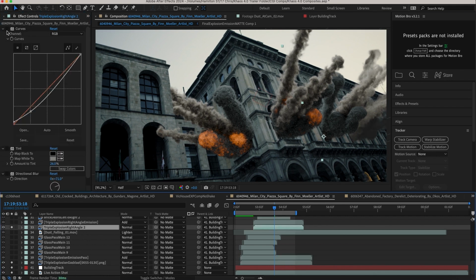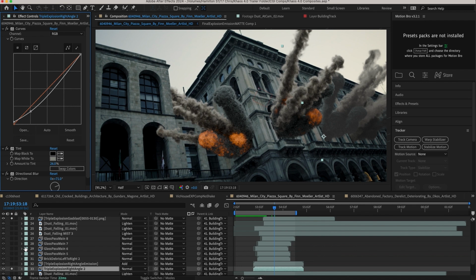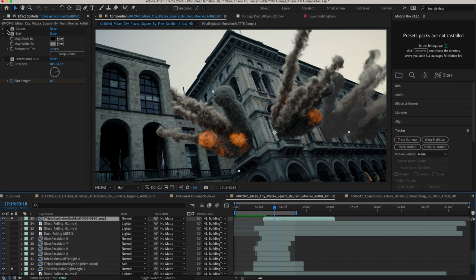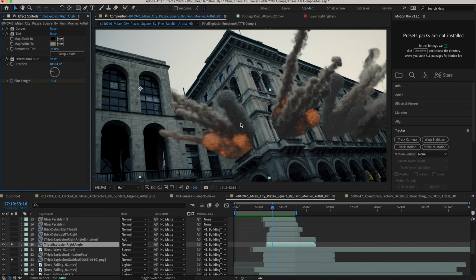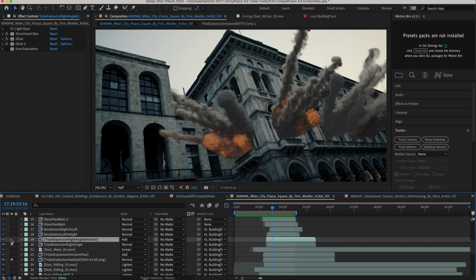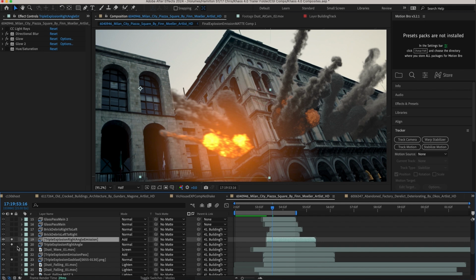So we've just lifted those shadows a bit with the curves effect, brought the explosion into the plate a bit better with the tint, and then added some blur with the directional blur effect to get this look here. Now the next thing that I overlaid on top of each explosion was its corresponding emission pass. As you can see here, if I turn these on, you'll notice that we get the glow on the flames, and that's because I'm taking the emission pass, I'm adding some glow as well as some directional blur to